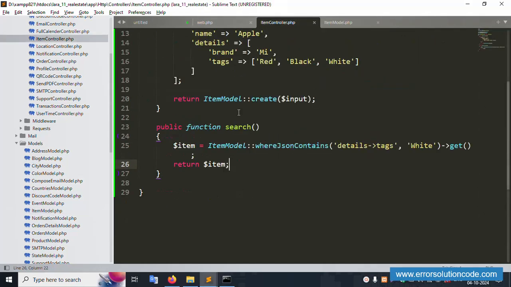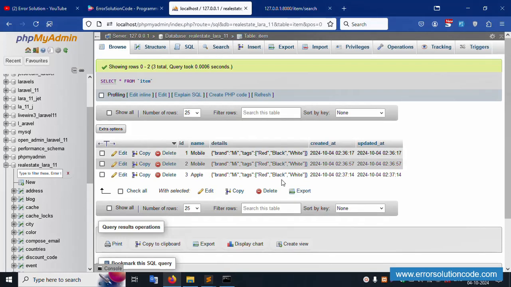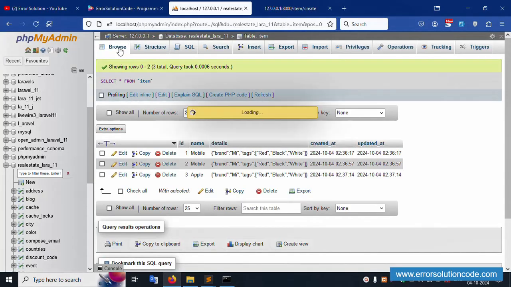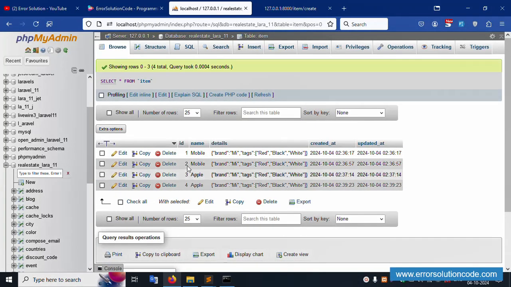Let's refresh this page. This is only white get. Let's look inside this implementation. Next create. This function is create. This is for record is created. This for record, let white be removed. Inside this